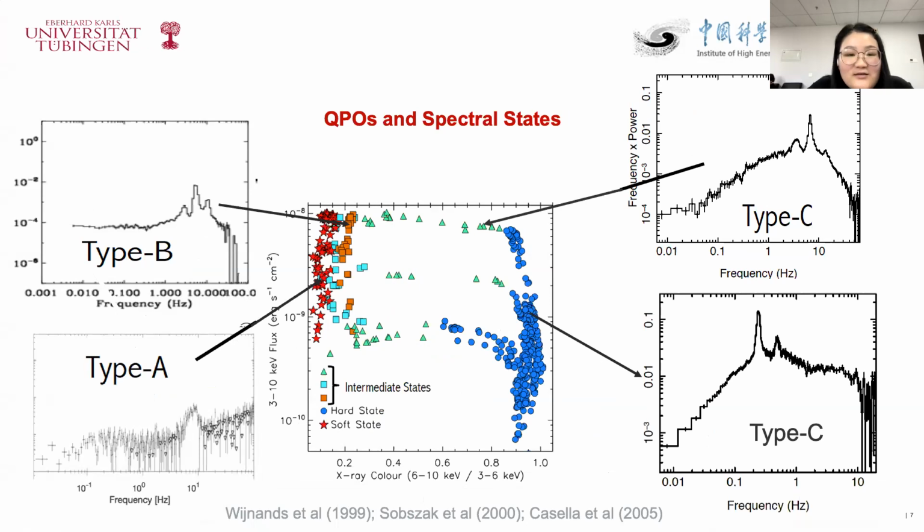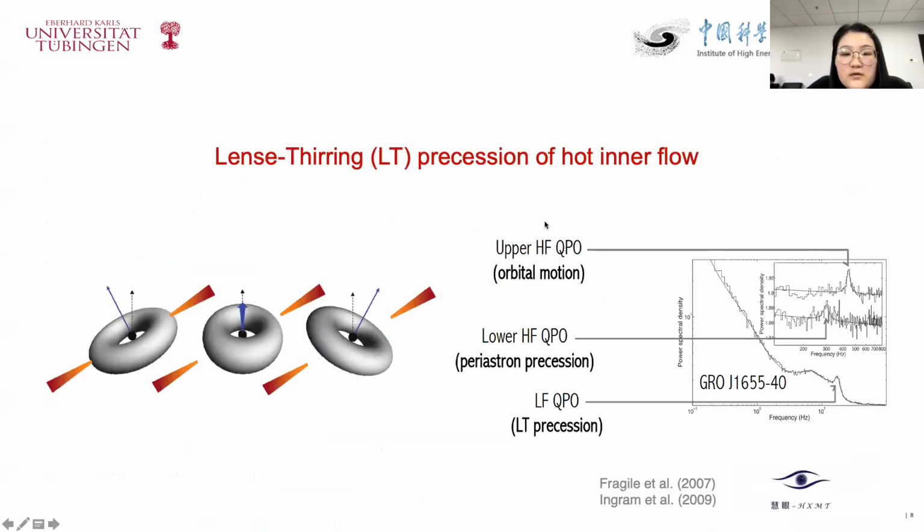That's okay. Thank you. So by far, many models have been proposed to explain the QPOs and the broadband noises observed in the power spectrum of black hole sources. One of the most promising and popular models is the one involving the Lense-Thirring precession, and it was under the framework of the general relativistic models. The model was proposed to explain the kilohertz QPOs and the low-frequency QPOs in neutron stars, but was later applied to the QPOs observed in black hole sources.